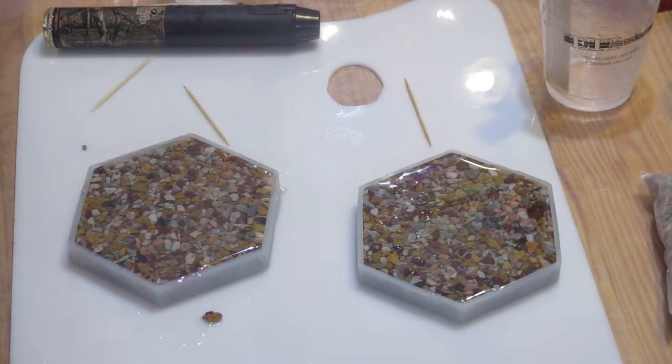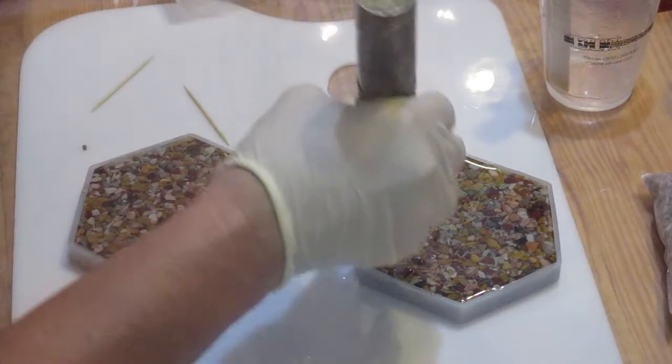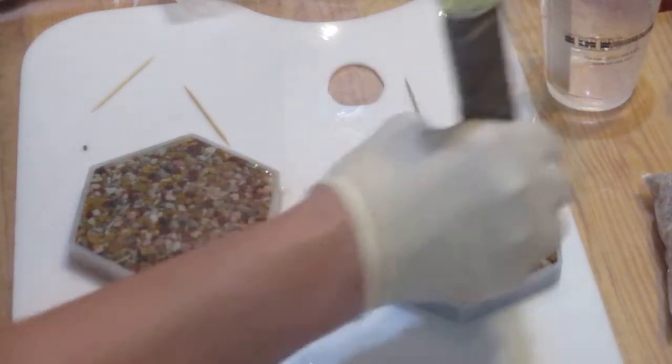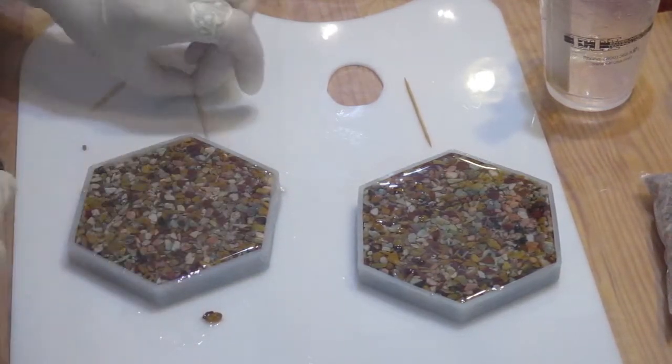Now, my lighter is one of those lighters you wonder what the hell did they use that for? Because it's like a flame. So, I don't know what they use it for. But, I use it for resin and it works great. How's that? Alright. I can see some of these teeny weeny bubbles coming to the top, and believe me, I